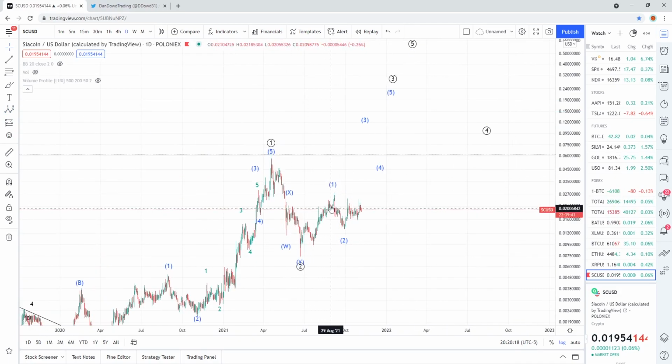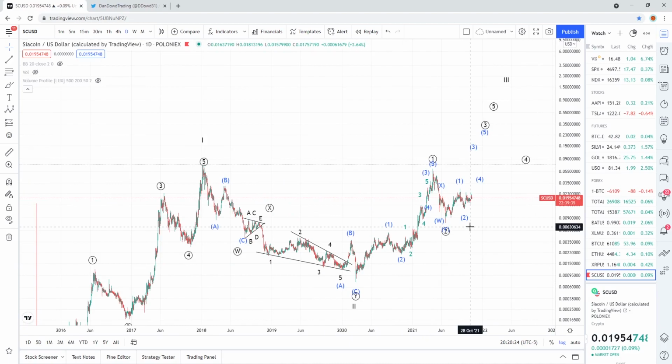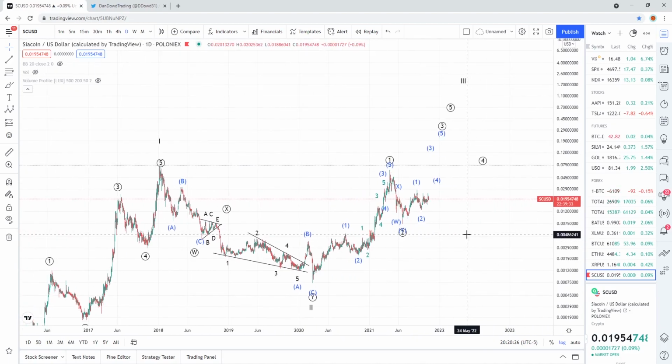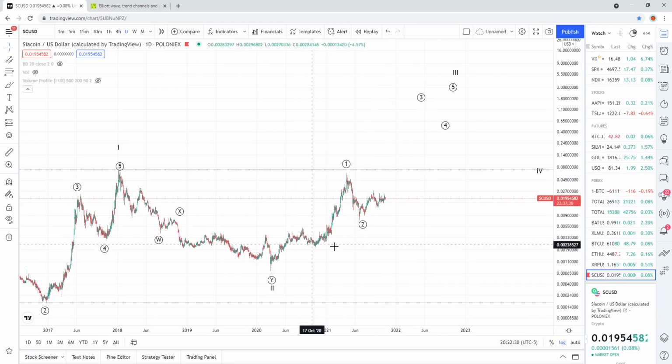And now I do think that this is just intermediate wave 1, wave 2 just completed, and we are going on to set wave 3. And I do believe that wave 3 will be the most parabolic wave like it usually is in the cryptocurrency market. So since I think that Siacoin is going on to set primary wave 3 right now,